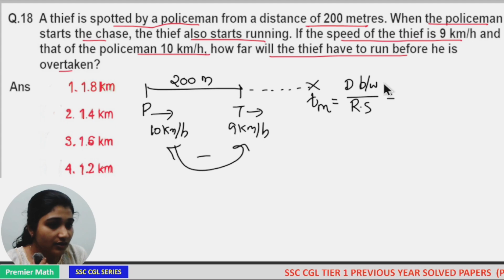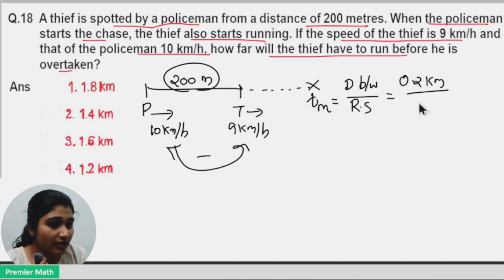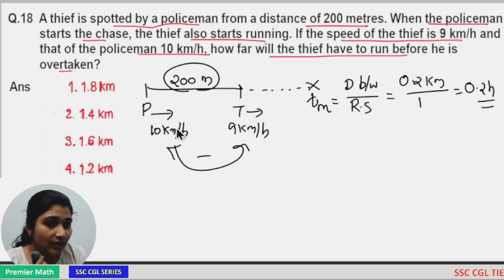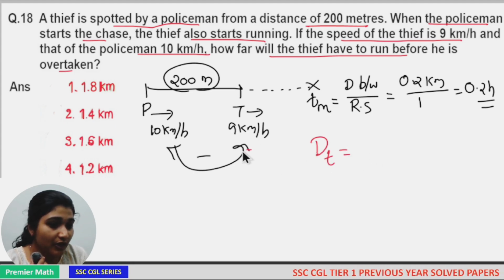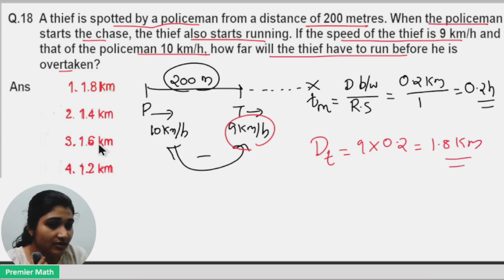Here the initial distance 200 meters means 0.2 kilometer and the relative speed is 10 minus 9, 1 kilometer per hour. So 0.2 hour is the time of meet. Then the distance traveled by the thief is equal to the speed of the thief, 9 kilometers per hour, into the time traveled, 0.2 hour. So 1.8 kilometers is the distance traveled by the thief before he is